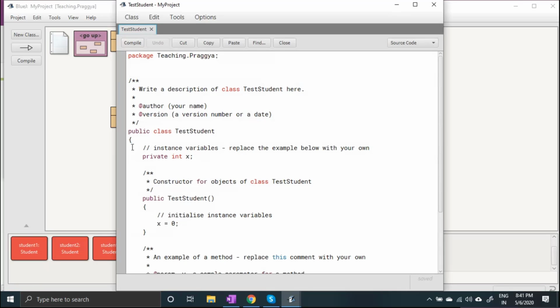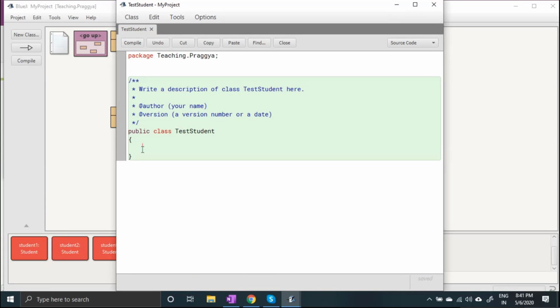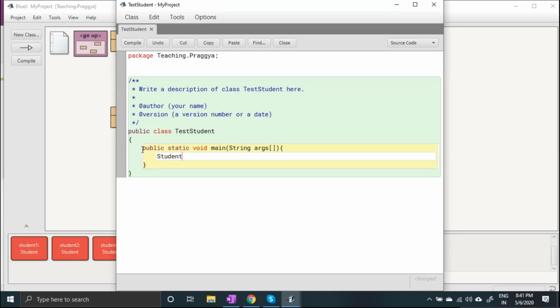In this class, I'm writing public static void main, and then you are writing here, say student s1 equal to new student.